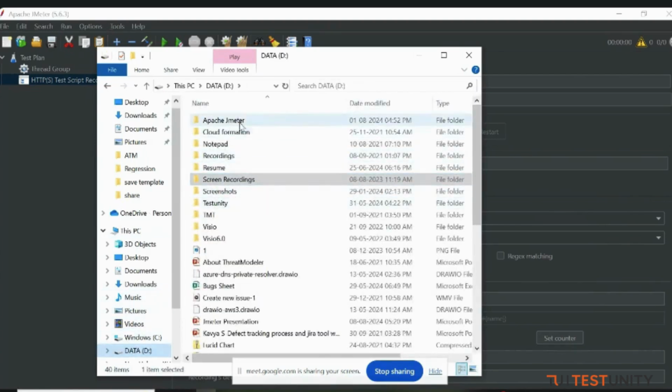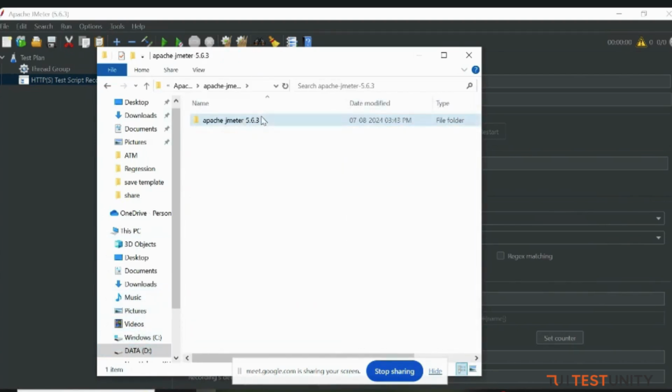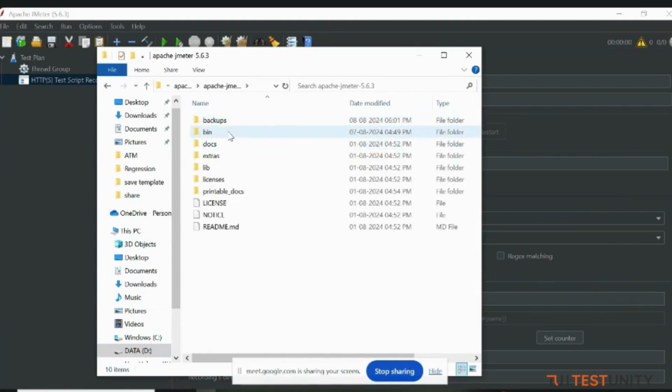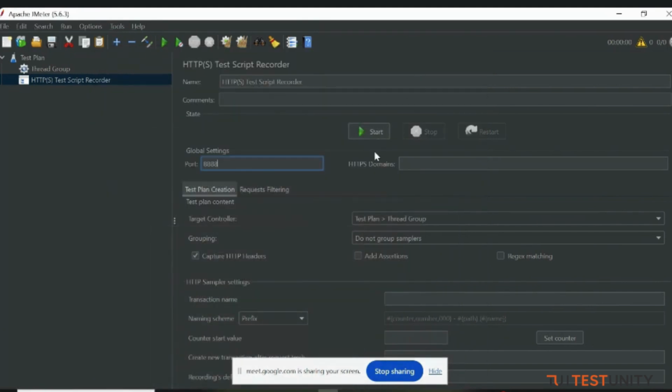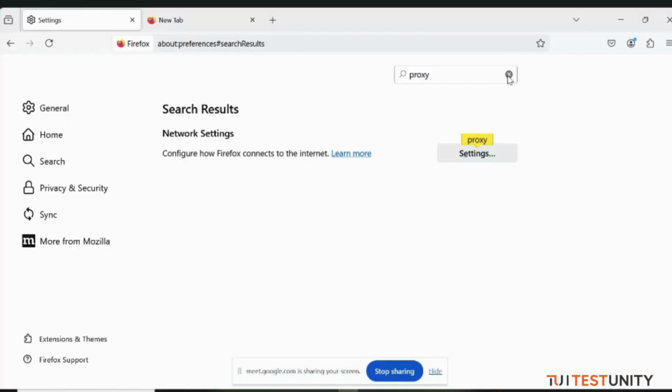You have to go to your bin folder. Here you can see Apache JMeter temporary root CA. Whenever you click on start, it will create this certificate in the main folder. So you have to add that in your browser. What you have to do, you just go to